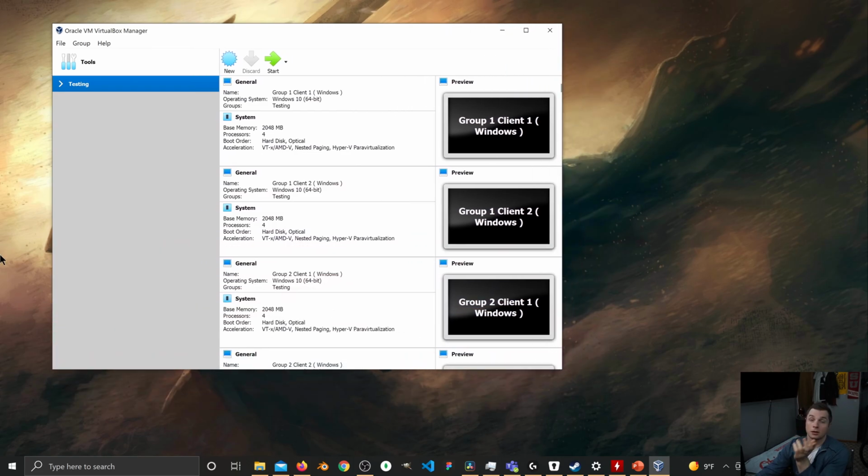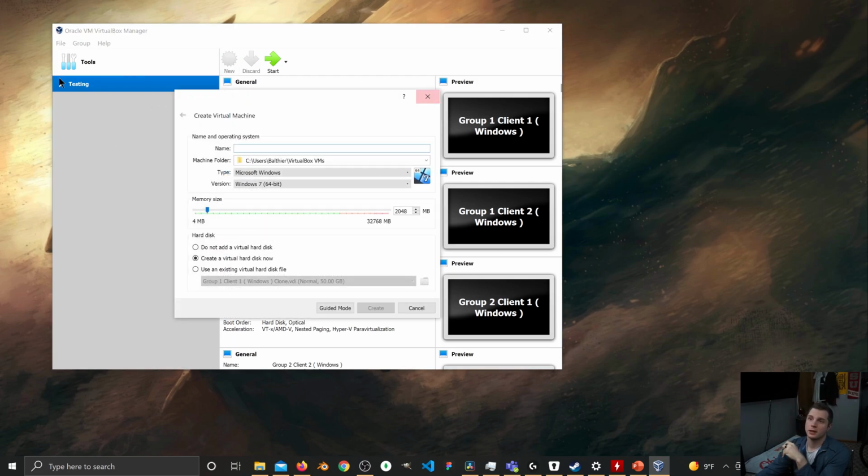Okay. I'm going to come over here to New, which is right here. If you don't have exactly what this screen is showing, go ahead and go to Expert Mode. Right now this says Guided Mode for me, but it's in the same spot. Click on Expert Mode. We're going to name this Windows Client